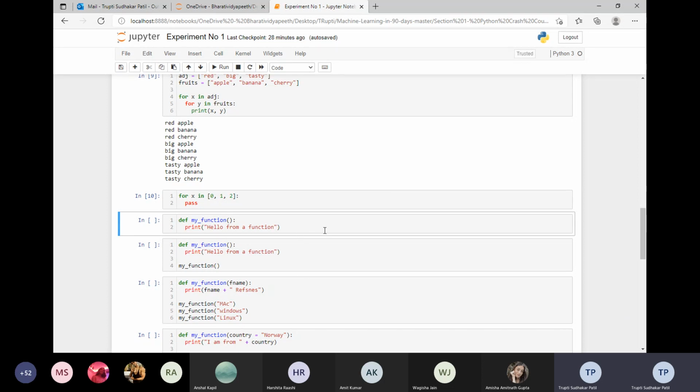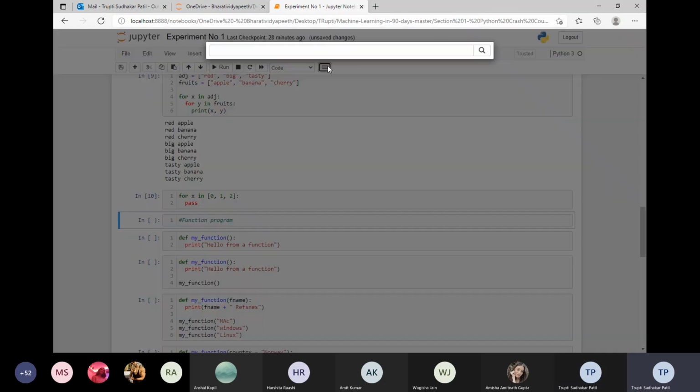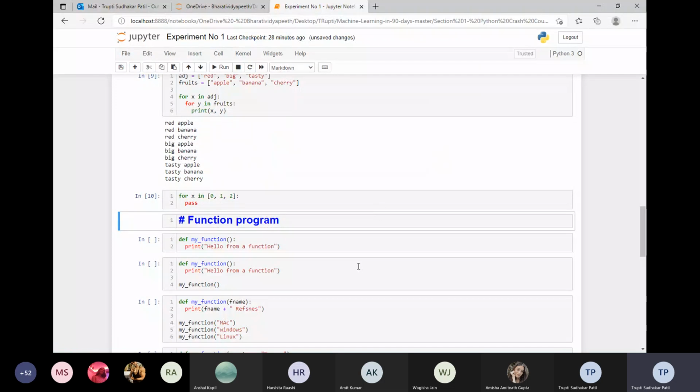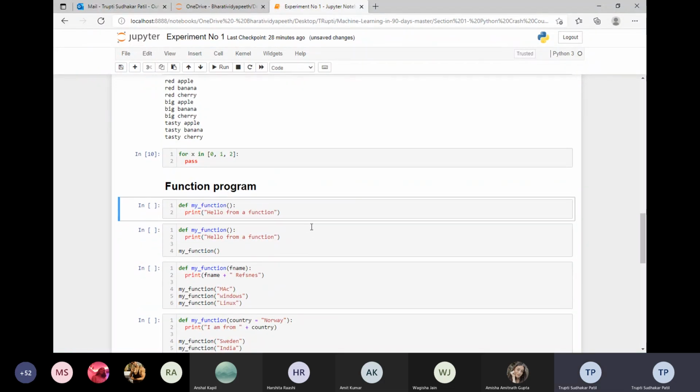जो हमने function लिखा है. So this is what my function program is.